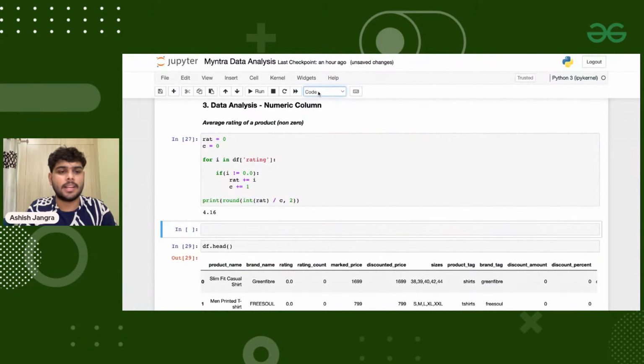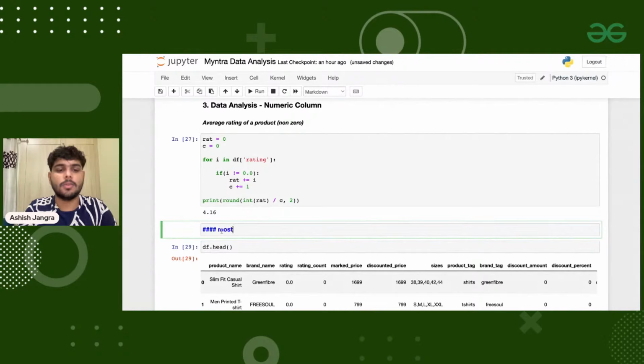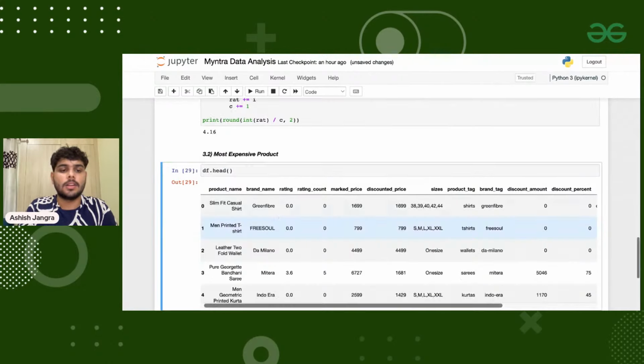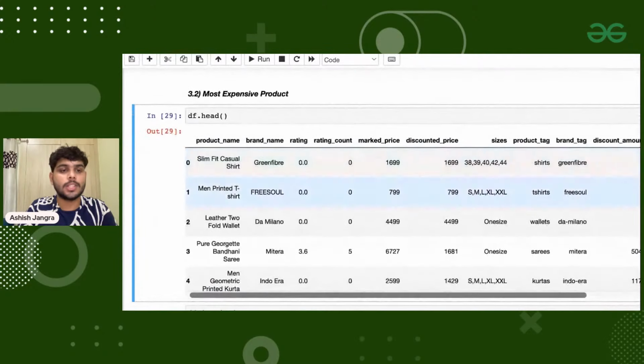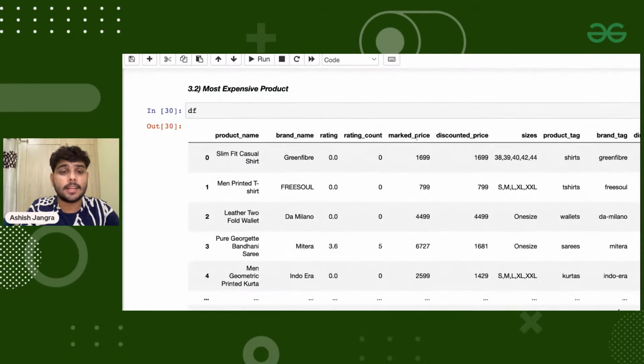Clear? I'm adding it in the markdown and finding most expensive product. Okay, and this is nothing but 3.2. So now we need to find the most expensive product. To find the most expensive product, we have a lot of ways to deal with it. And the easiest way is that to find the most expensive product, we need to take